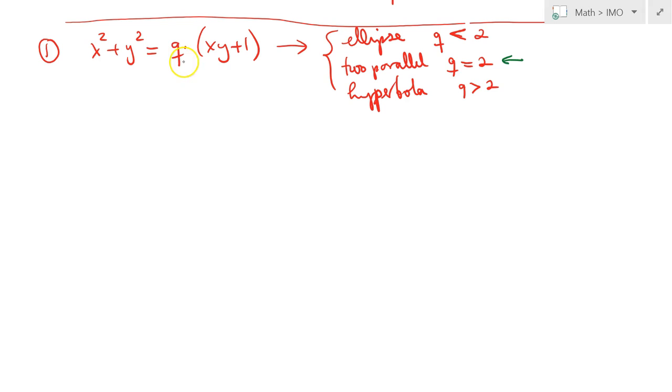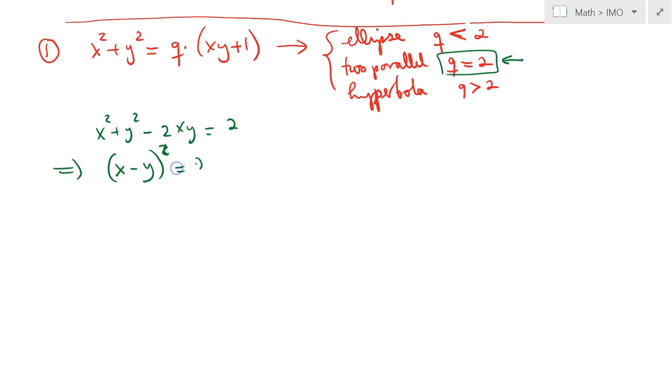If I plug in q equal to 2, sure enough we get x squared plus y squared, and I can move that to the left hand side, minus 2xy is equal to 2. This implies that (x minus y) squared, that's a square, is equal to 2, suggesting that x minus y is equal to plus or minus root 2. So basically you have two lines which are